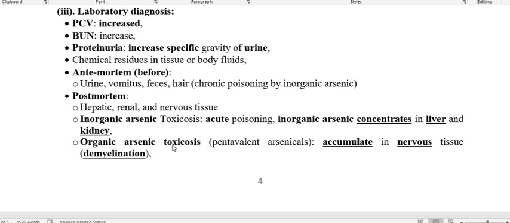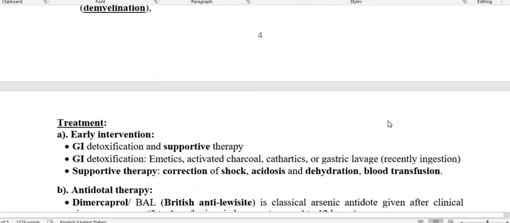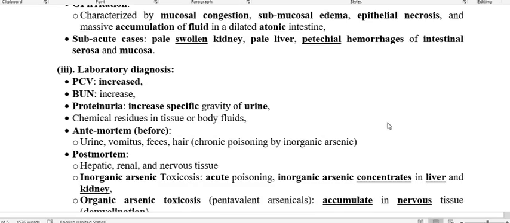After death, we have to go through the post-mortem, and in post-mortem the main affected place is the GI tract. So we have to open the GI tract and see the presence of petechial hemorrhage in the mucosa and submucosa, whether irritation is there or not, whether edema is there or not, and also the major affected organs. You have to see the liver and kidney, and check whether the kidneys are swollen or not. This is in the laboratory diagnosis.